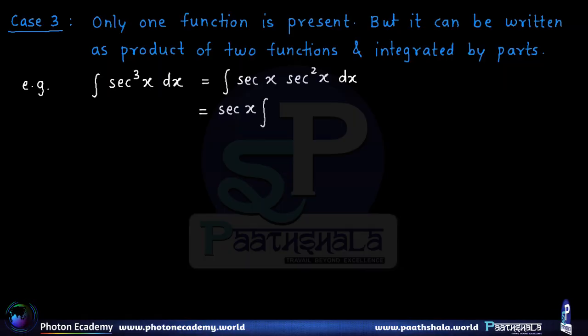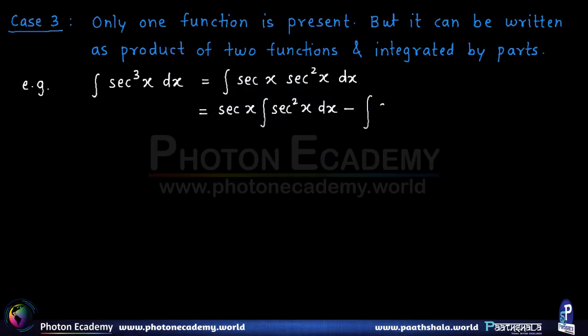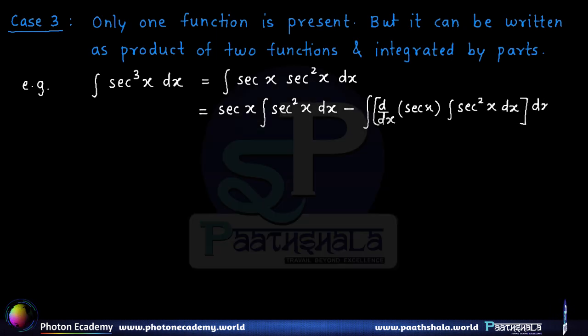So that is first function into integral of second, minus derivative of first function, that is derivative of sec x into integral of sec square x dx, and everything integrated with respect to x. So that further gives us